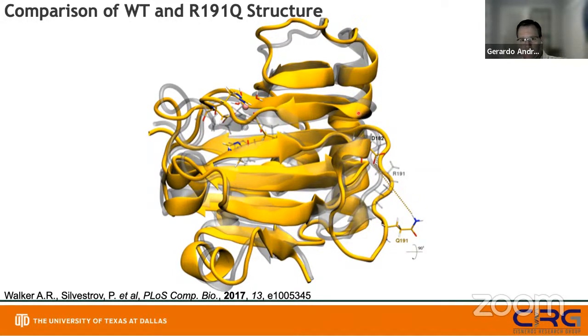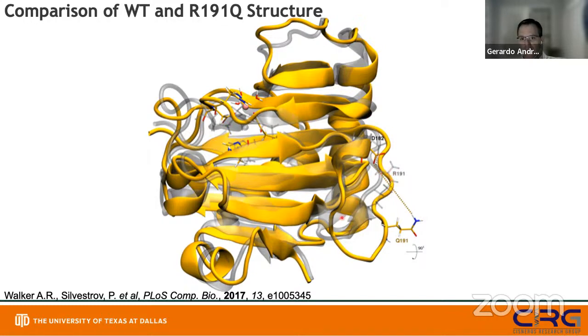And what you can see, and what we found, is that the overlay is basically very similar. The root mean square deviation of the average MD structure of the mutant is less than 2 angstroms compared to the wild type. However, one feature that is very salient of the mutation is in the simulations of the wild type system that has this arginine 191, that's the light gray,